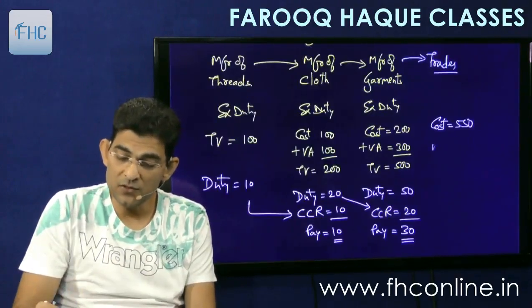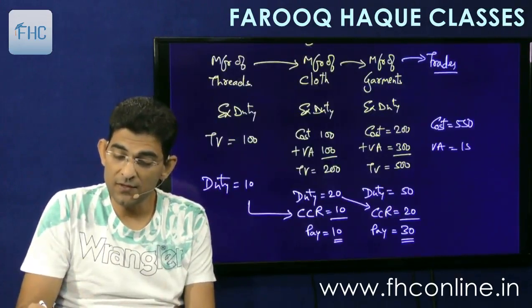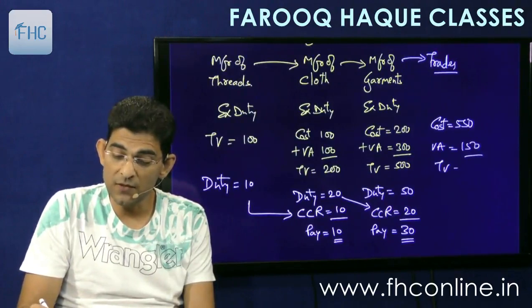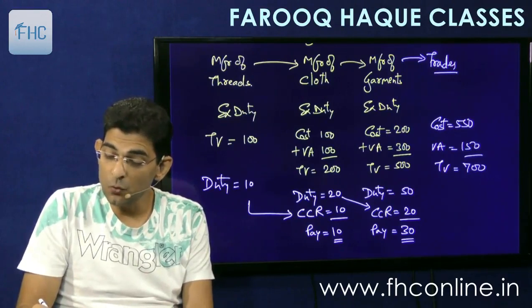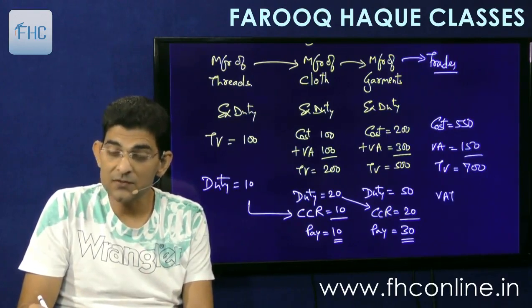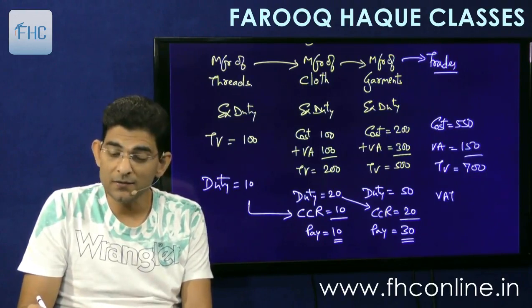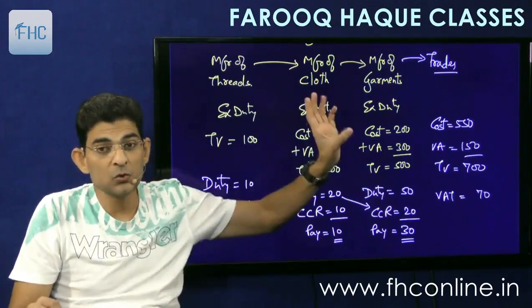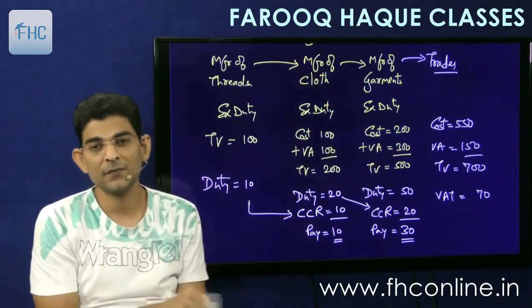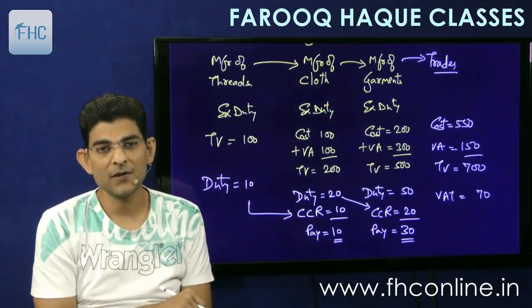And if he makes value additions of say another 150 and sells the goods at a transaction value of 700, okay, so on his output there will be only VAT, that is the sales tax. This VAT, if suppose it is say 70, he cannot use this 50 to pay VAT. No set off. No set off.